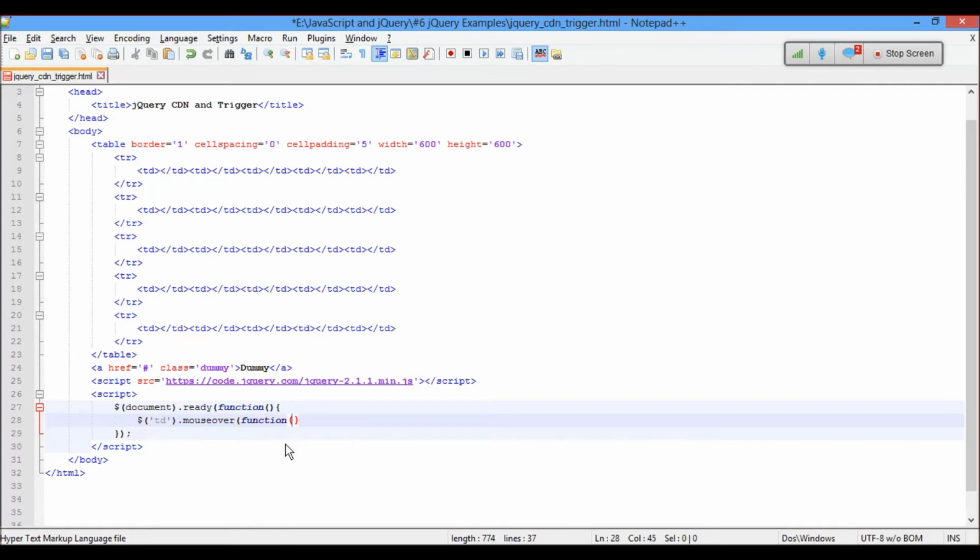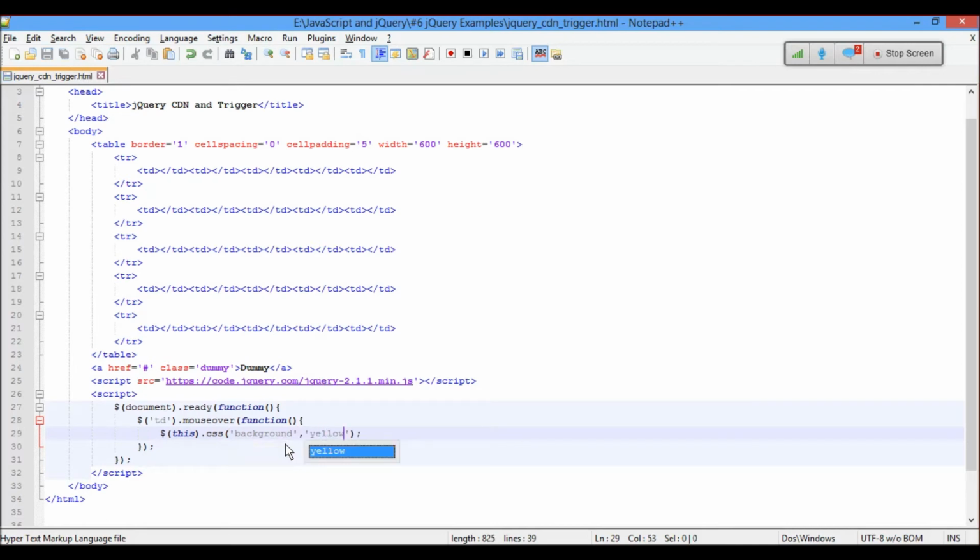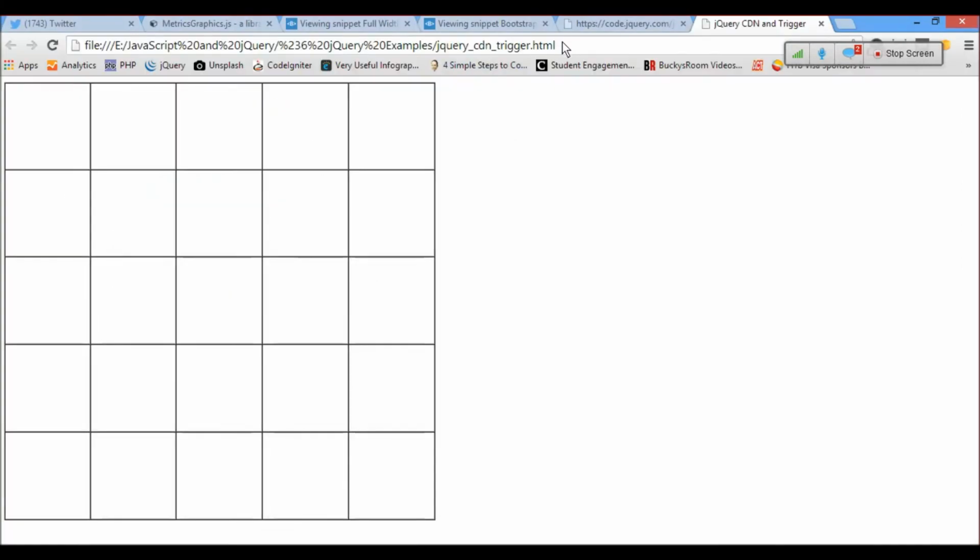You can write on also. Mouse over, what I want to do, $(this).css background. I want to change the background to yellow. Let's see if this works or not.